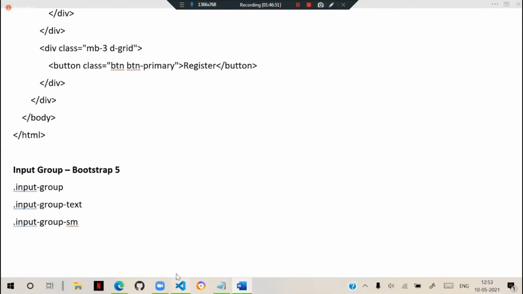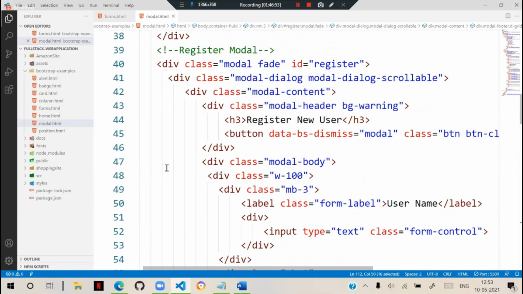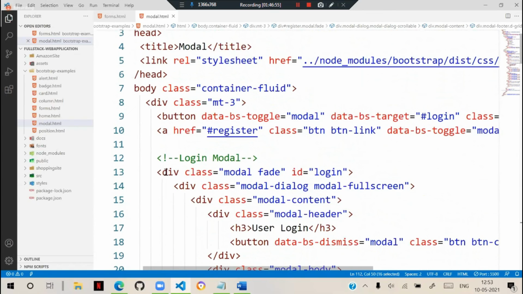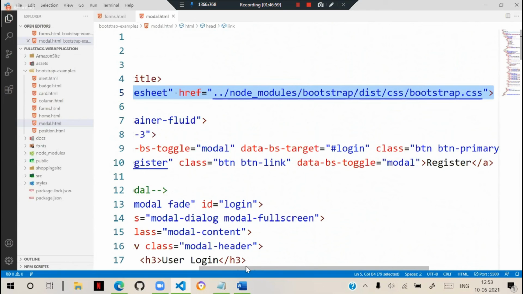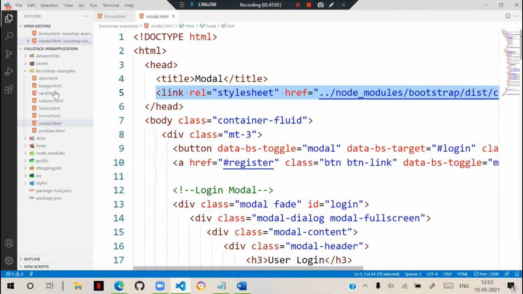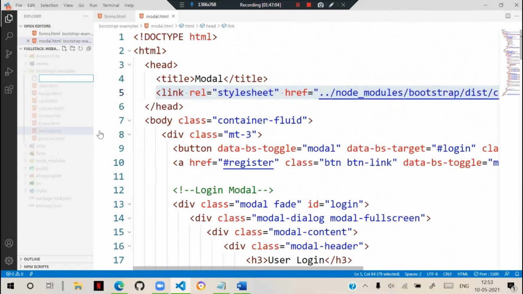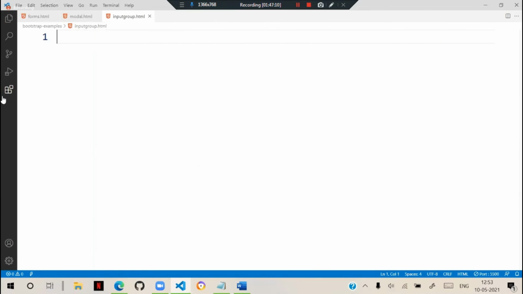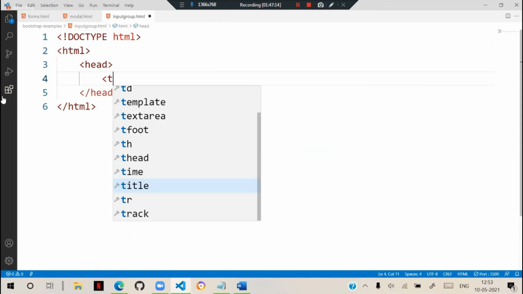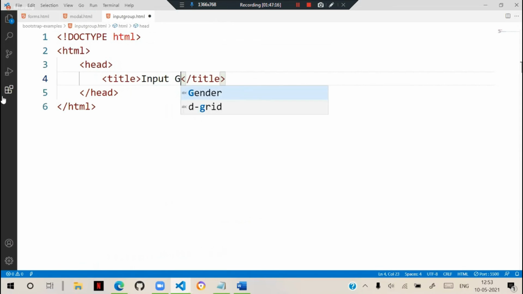That means you can use an input group to keep the content in a combined way, right? That is the new option added into the forms actually. We call them input group. So in the head section, I'm defining the doc type HTML head, and the title as input group.